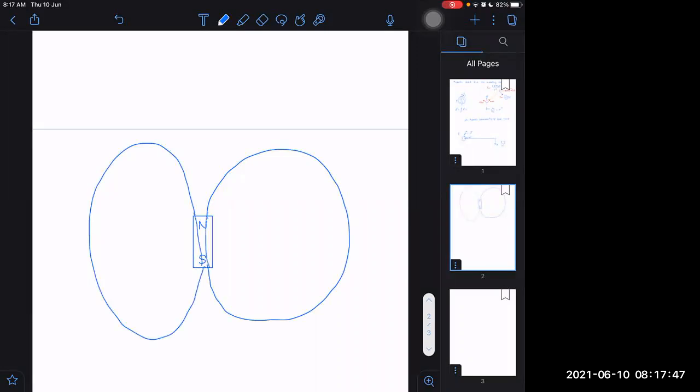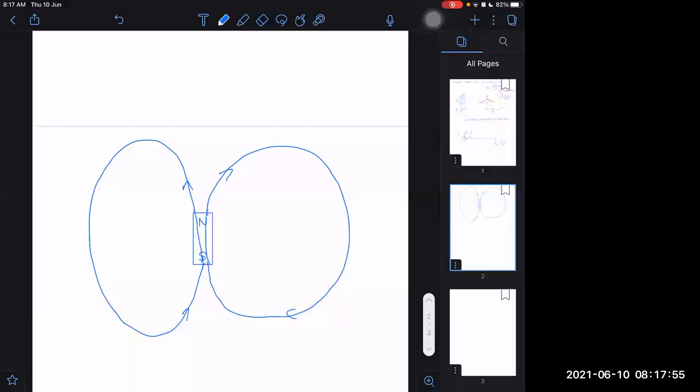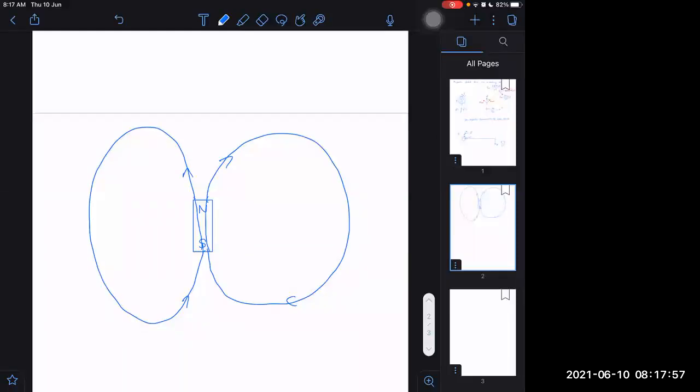Magnetic field lines will always form closed loops, remember. Inside also they exist, but inside they go from south to north. One more thing now: what is the direction of the magnetic dipole moment? The direction of the magnetic dipole moment will be from south to north. This is the magnetic dipole moment. The same way, treat it as if it is a positive magnetic charge and as if it is a negative magnetic charge.